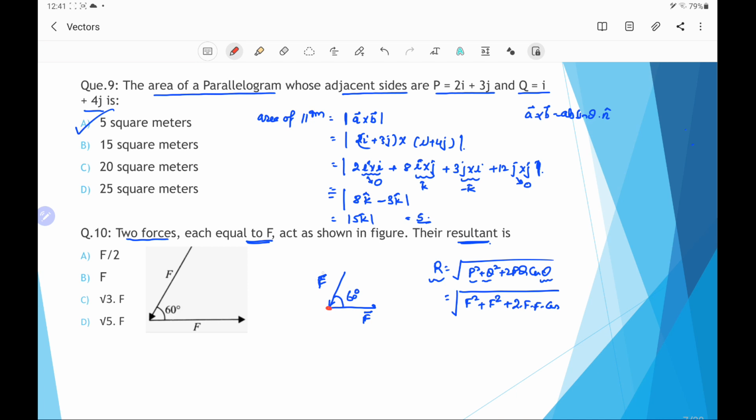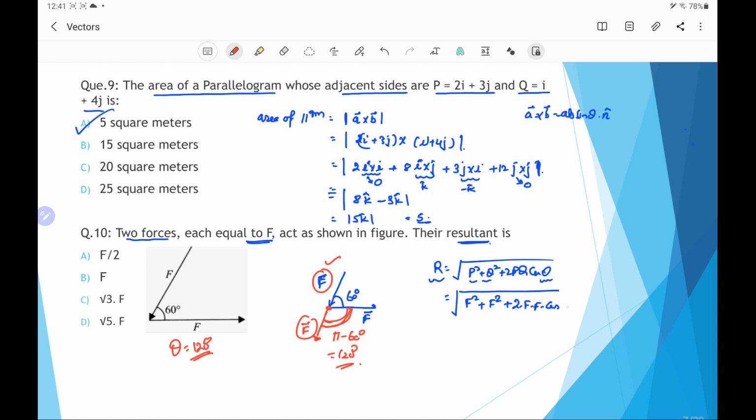Therefore, we extend one of the forces. See this one, we extend it and having the same value, that means it has same magnitude and same direction. So these two vectors are also equivalent. And now the angle between these two vectors is the angle between the vectors, and this angle will be pi minus 60 degree, that is equal to 120 degree. So for the shown figure, the angle between the vectors is 120 degree, not the 60 degree.